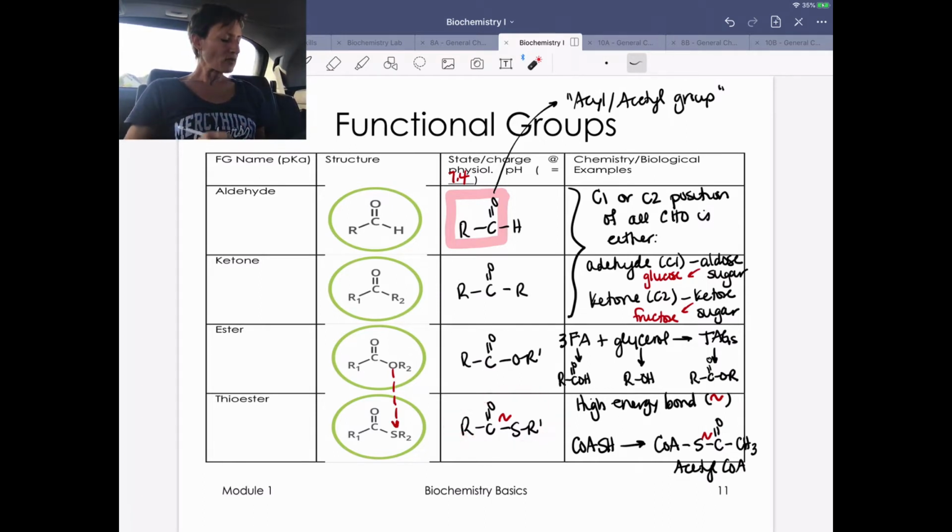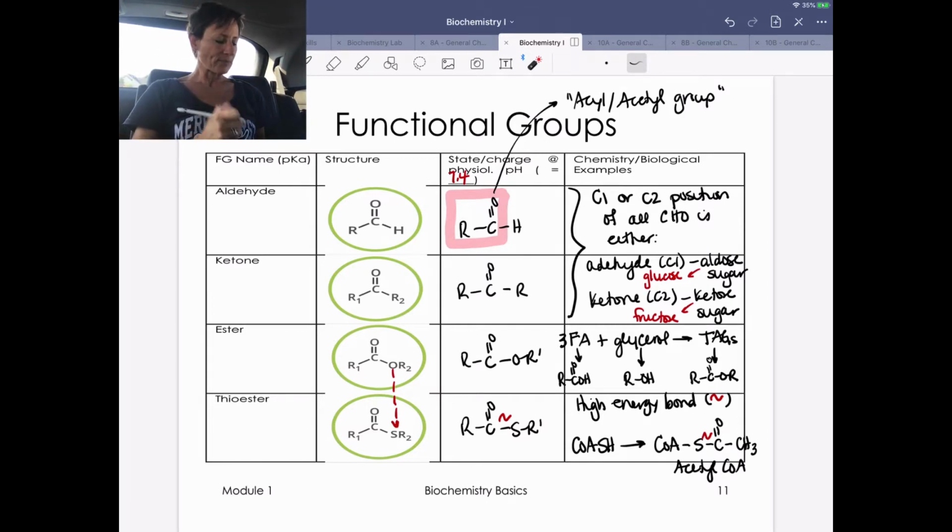Again, as you swap out that oxygen for a sulfur, one of the things that happens is all of a sudden this bond becomes a high energy bond. We can actually store energy within that high energy bond. And if we think about a molecule that's really important for having a thioester, it's the molecule acetyl-CoA. So pyruvate is converted into acetyl-CoA by an enzyme called pyruvate dehydrogenase,